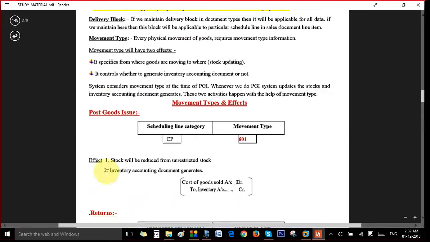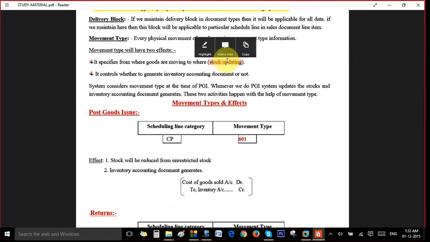Movement type has different effects. That is, it specifies from where the goods are moving, and it will update the stock, that is outbound or inbound. If it is outbound, from where the stock is moving. Suppose you take movement type in consignment. In consignment fill up, stock is moving from unrestricted stock to consignment stock.